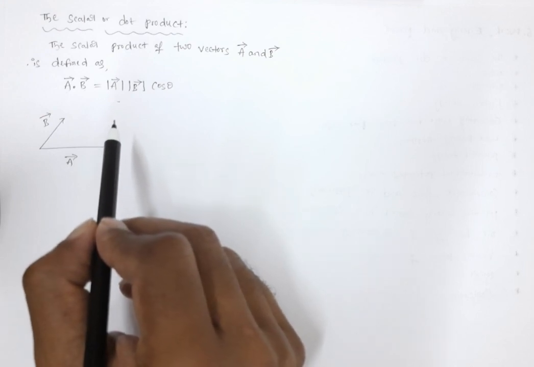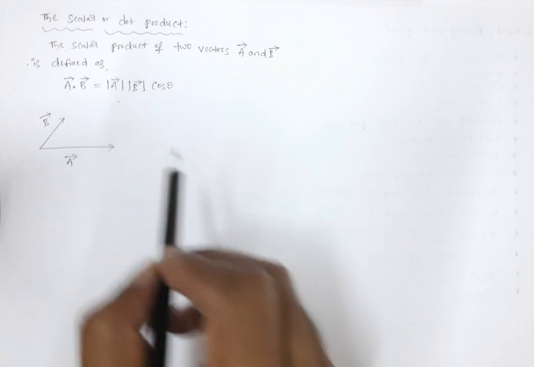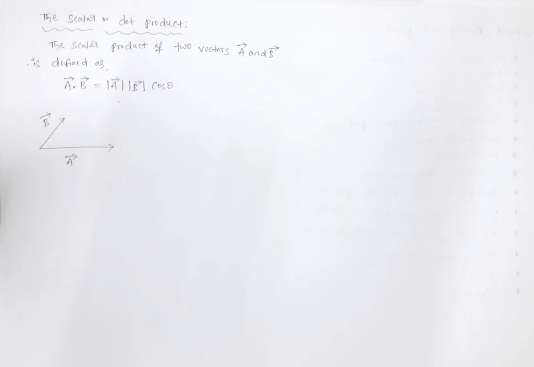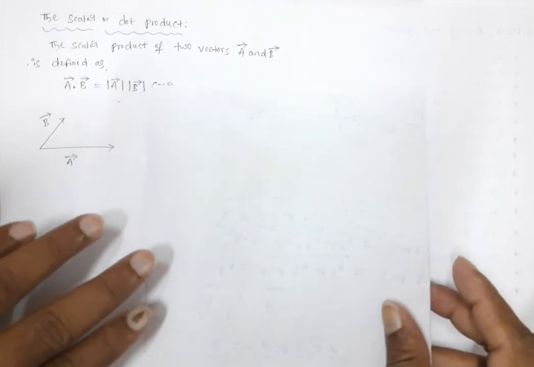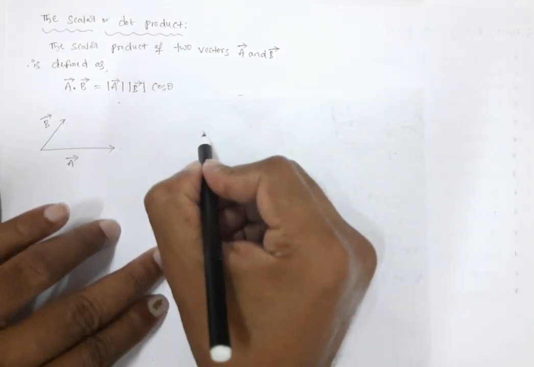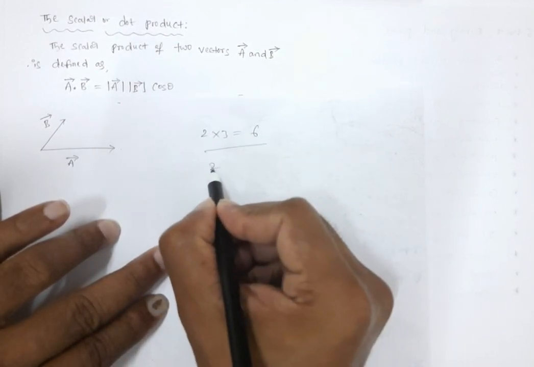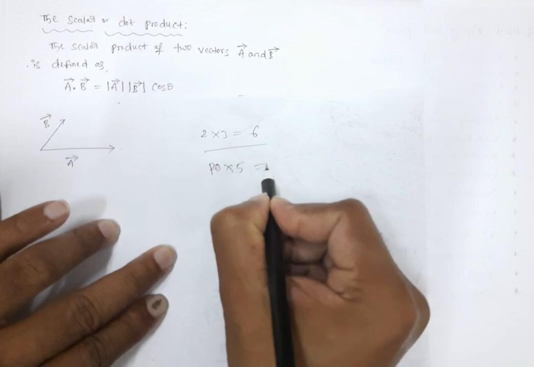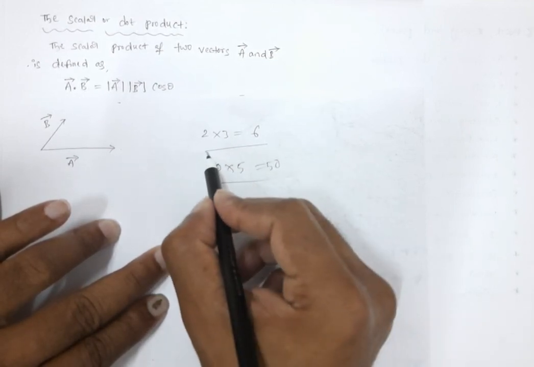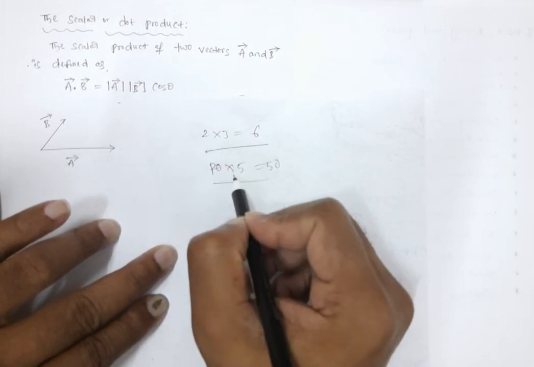And you may get one doubt. We are saying product, right? So when we take ordinary numbers, we simply multiply like this, 2 into 3. If we have 2 and if we have 3, 2 3s are 6. And if we have 10 into 5, we have 50. So simply we can multiply numbers like this.